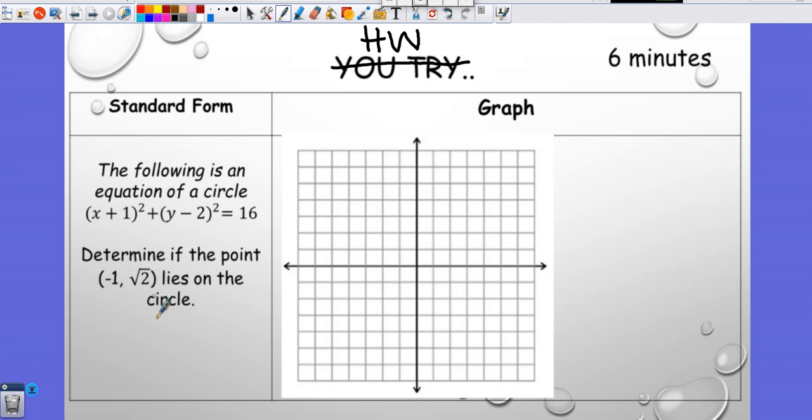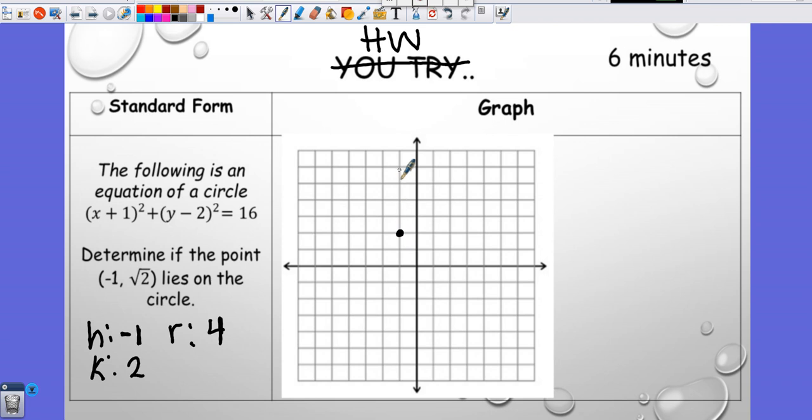So the first thing I'm going to do is graph this circle. Here are some things I need to figure out. I need to get the h, I need to get the k, and I need to get the radius. So here the h would be the opposite of this number, so that's -1, and the opposite of this number would be k, which is 2, and the square root of this number is 4. So I'm going to go ahead and graph this circle, -1 and 2, and I have a radius of 4,